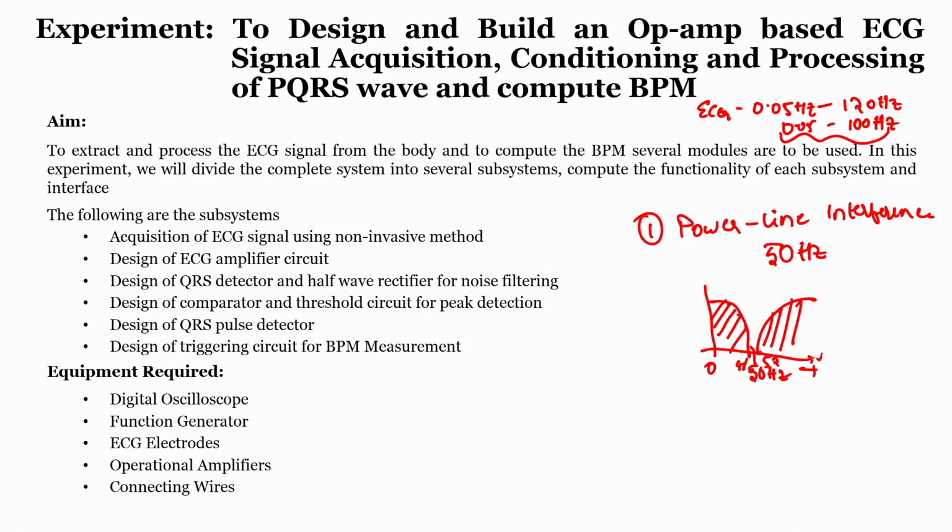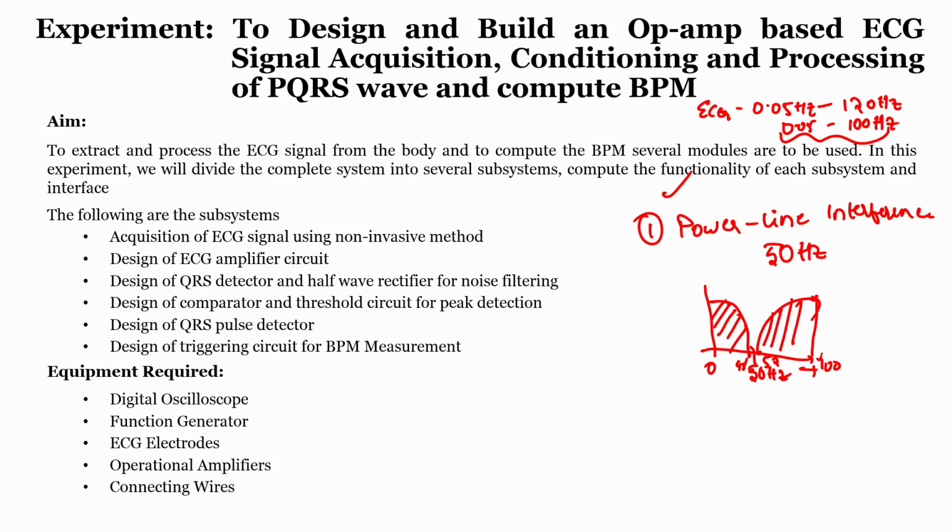And since we also have a low pass filter, after 100 hertz no signal will be passed, in the sense that most of the signals greater than the cutoff frequency of our low pass filter will be attenuated. As a result, we cannot see the signal after 100 hertz. In such a way, the problem due to power line interference can be eliminated.